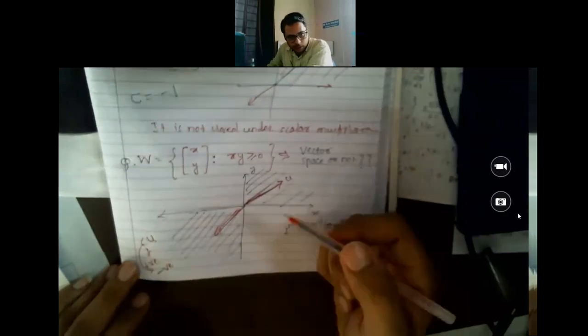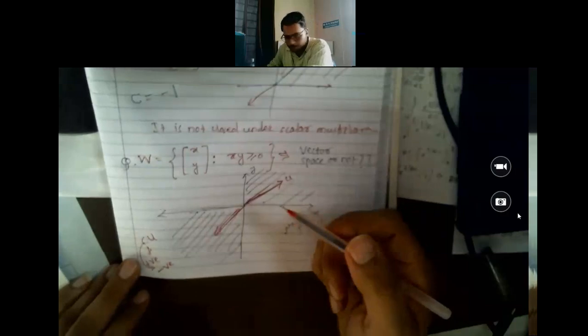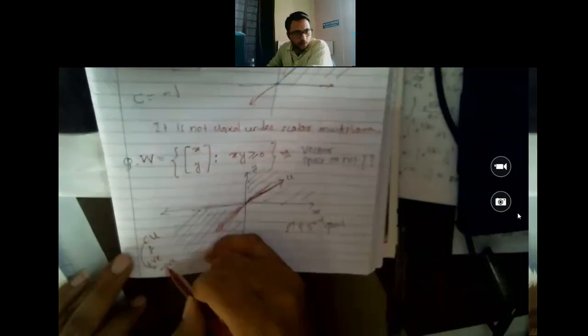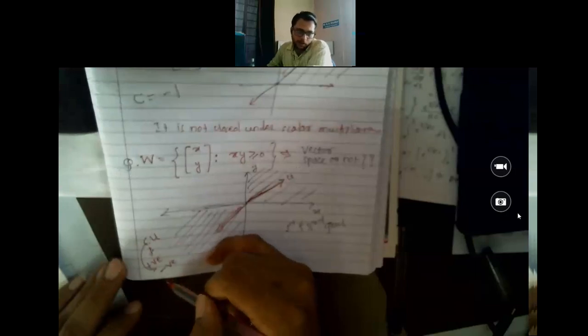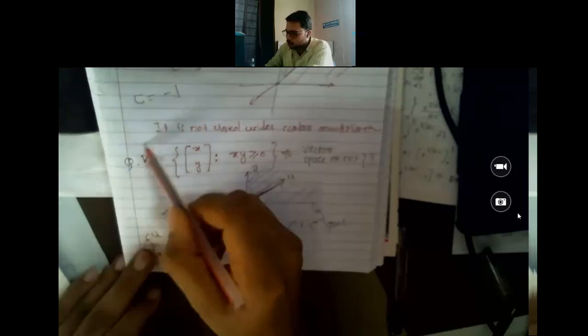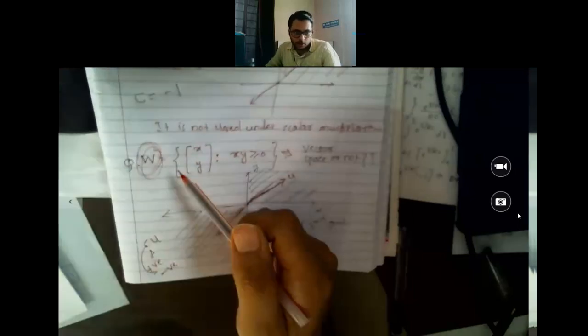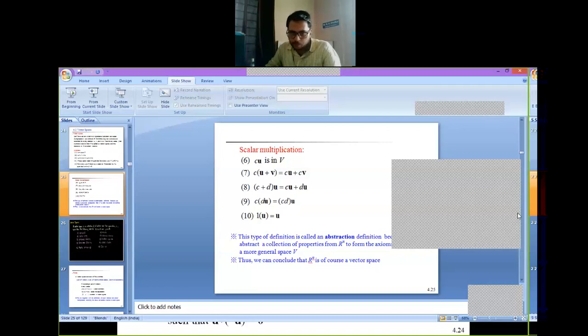So it is in vector space. So either you take a positive value of c or a negative value of c, it is in the same space, which is defined by your space W. Are you getting this point? Please confirm. Okay, now if I am saying that this is not a vector space, then what is the remaining operation which is not getting satisfied?